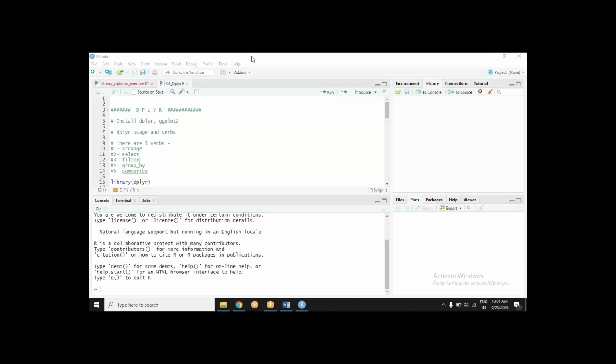Last we were doing the string exercise. Some of you mentioned that I should mail that, so I have mailed those functions which we ran in class. So it is over your mail.